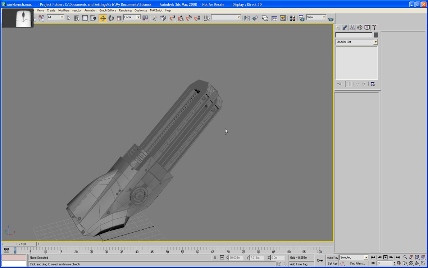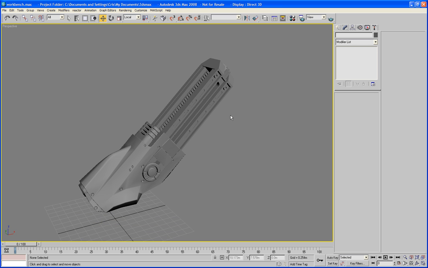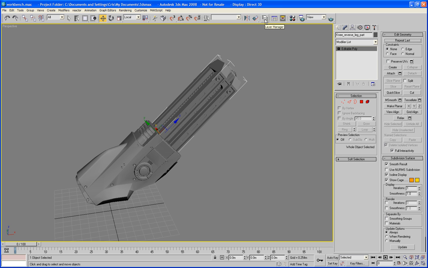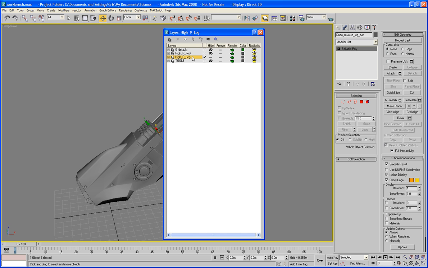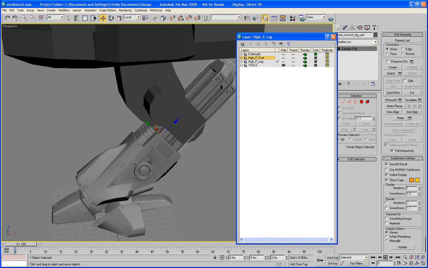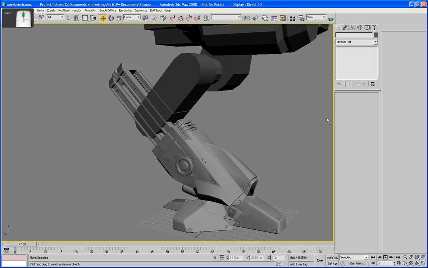So make sure this is added to in the layer manager, hide polygon leg, and I'll unhide all our other parts just so we can see what we're doing. There we go. So in the next part I get to start on doing basically the twisting knee joint, and until then,